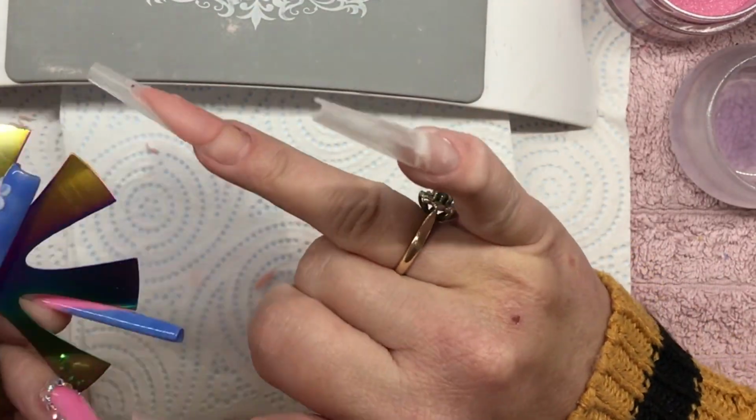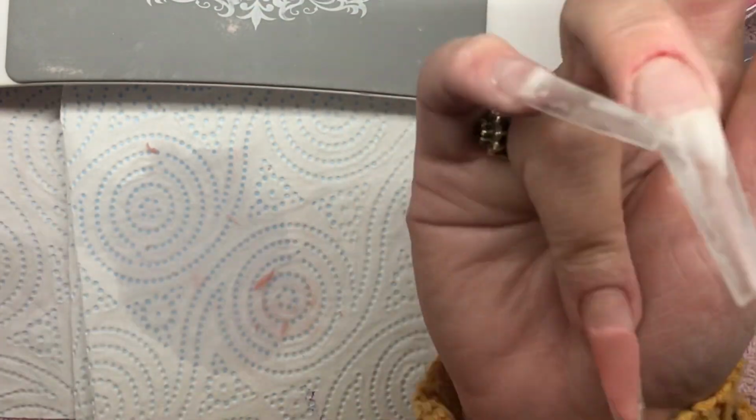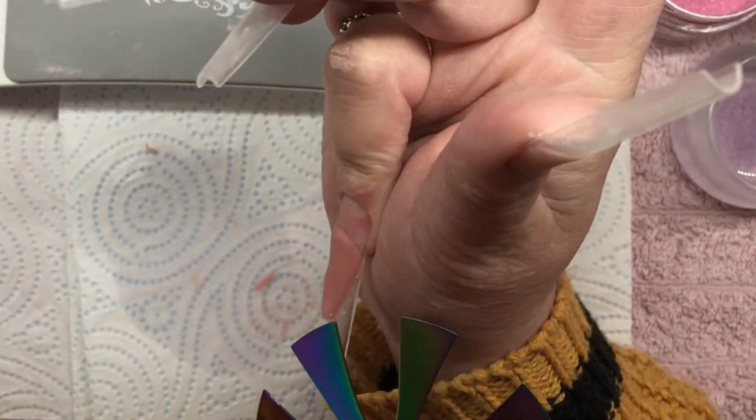So these little cutters are perfect for especially doing your non-dominant hand if you're wanting to do extended nail beds,